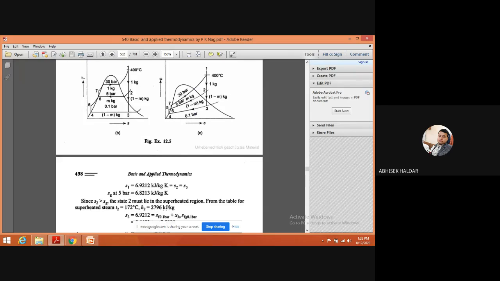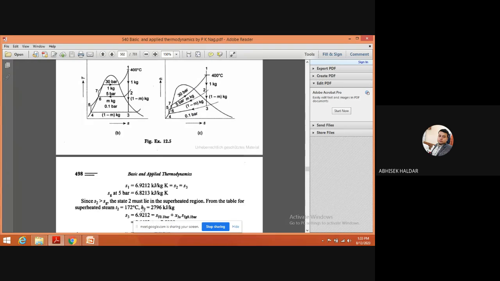Now the problem is, if there is some pressure that is not there in the steam table, then you have to go for the interpolation. If you can remember, in the last problem, that was the problem. In the last class, I was discussing a problem where the pressure was not directly available in the steam table. So according to you, how should you calculate this H2 value?